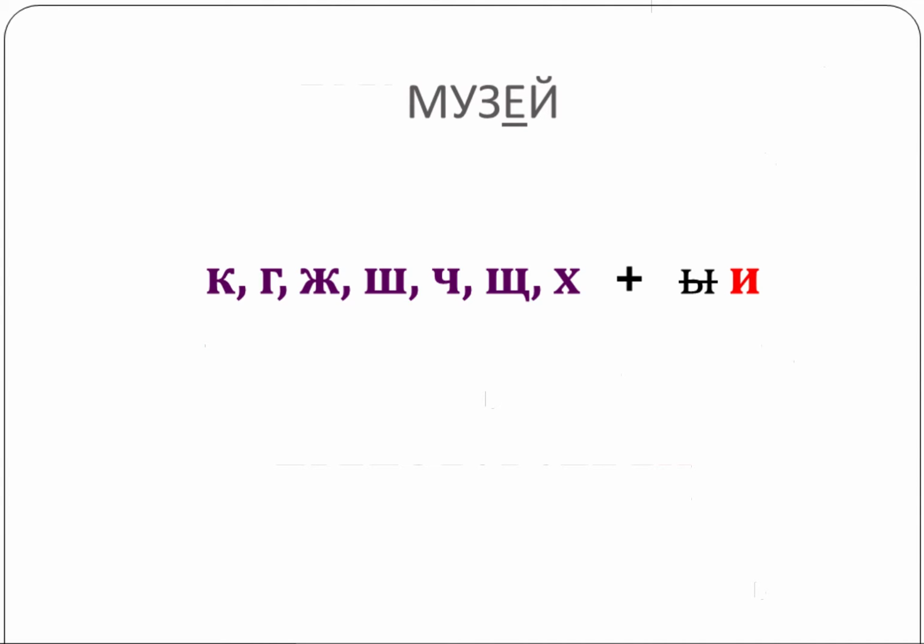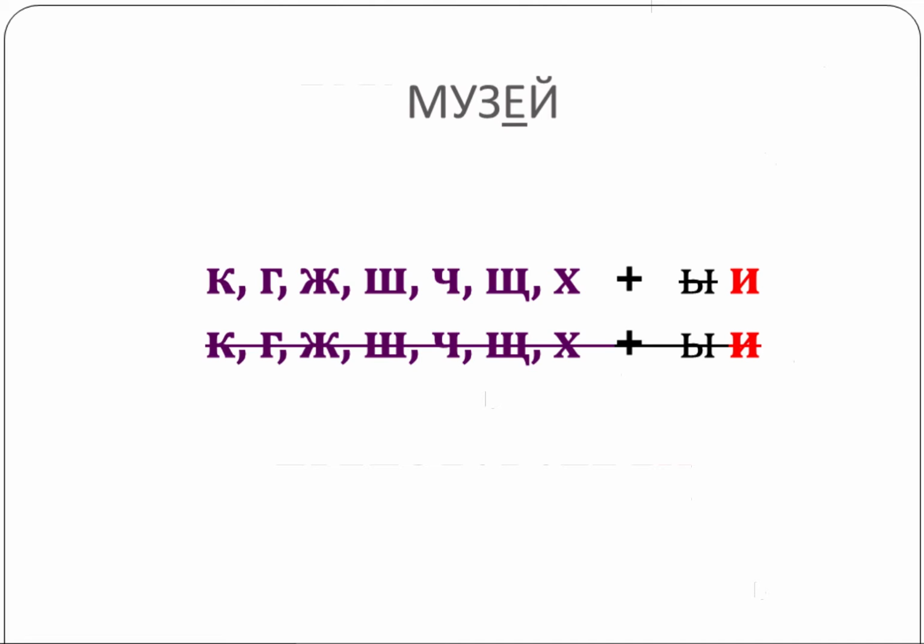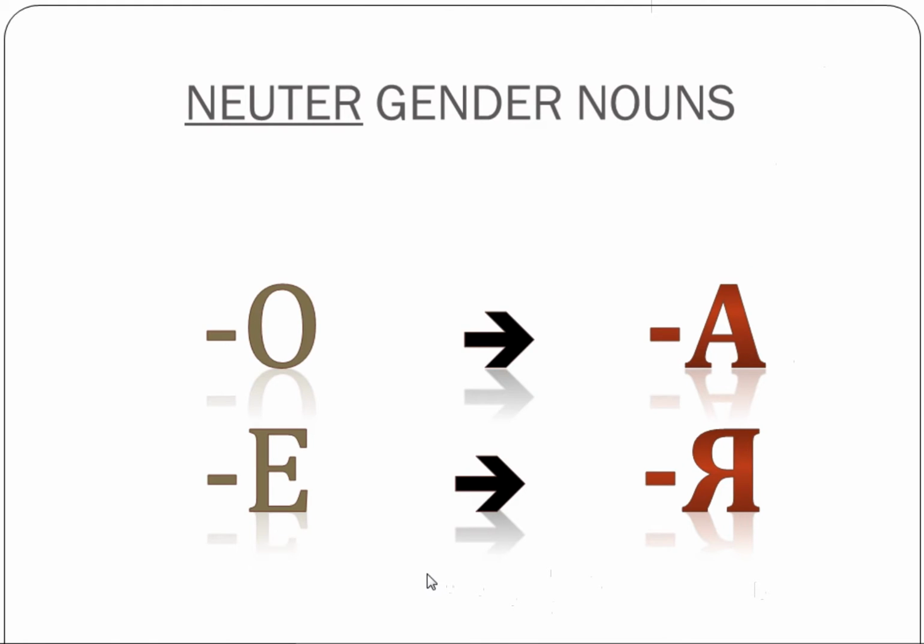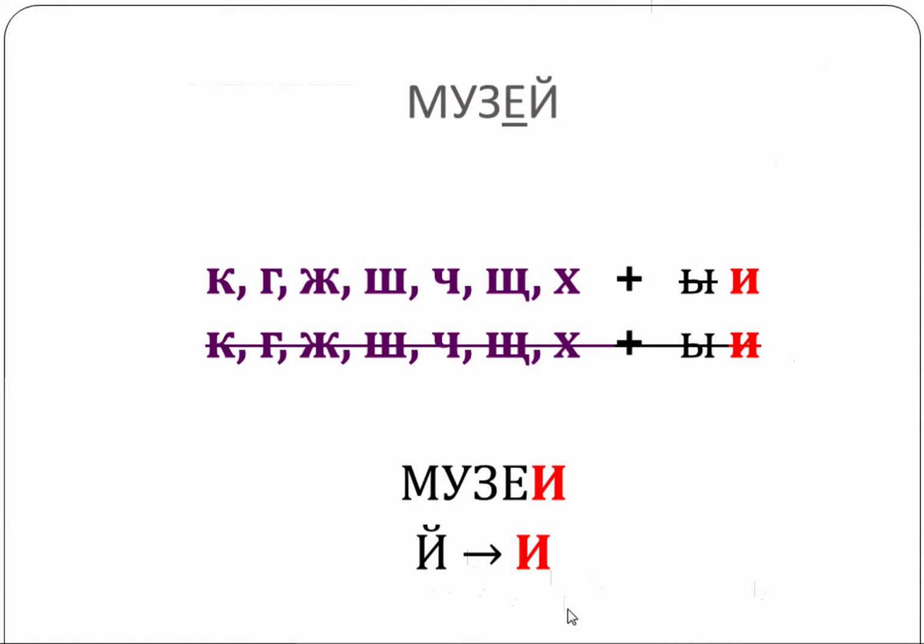Преподаватели. Музей. If you have a word like музей that ends in й, или и краткий, then again, you don't need to worry about the 7-letter spelling rule. Don't need to check for anything. All you have to do is get rid of the top and turn й into е. And this is a reminder that these are two different letters. Й is a consonant and И is a vowel. So please don't confuse them.